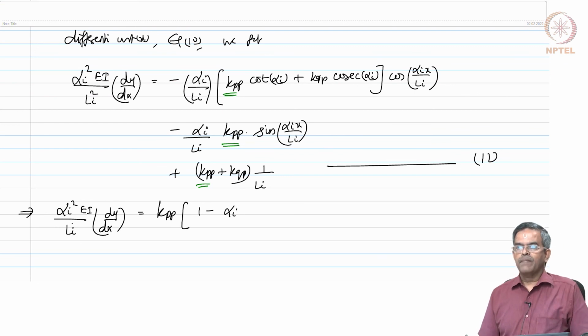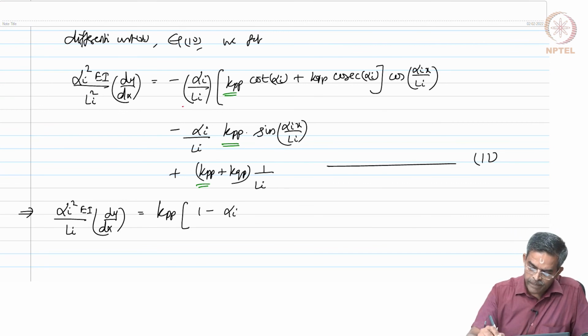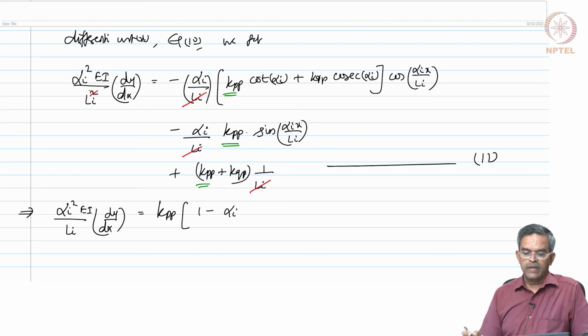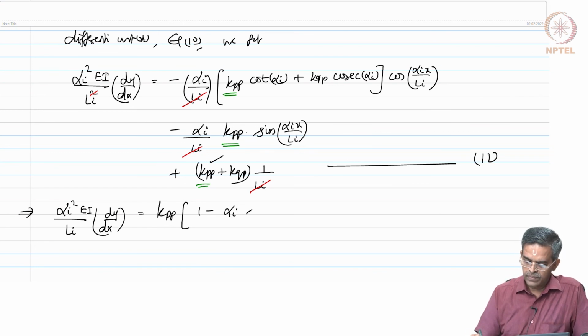I am cancelling Li square and Li because there is an Li here and there is an Li here. Okay. So, Li 1 minus alpha I, 1 is this, minus alpha I sin times of alpha I x by Li, which is this term,